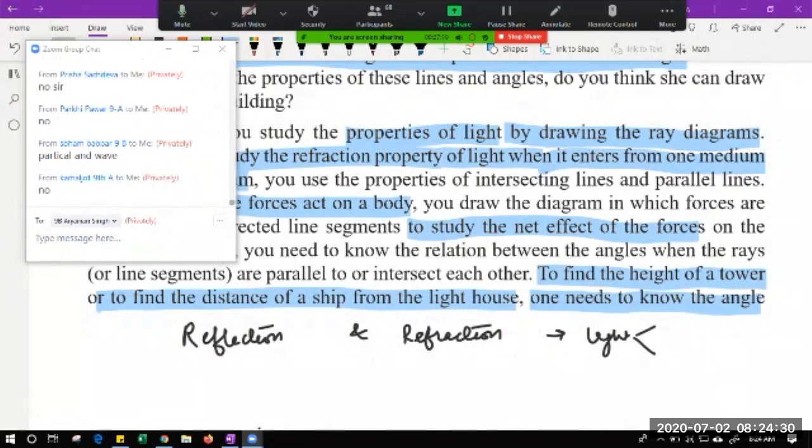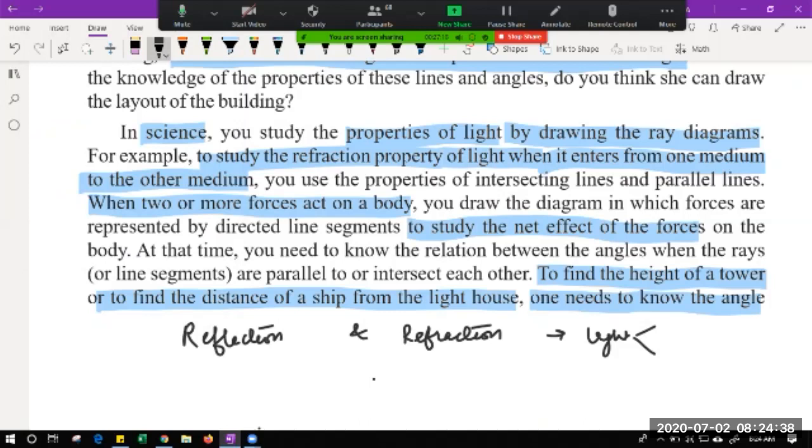Let's see. So if we take light as a ray, that is a nature. If you take it as a particle, that is a different nature. Now to study reflection, you must have seen that there is a wall like this. Suppose there is a bottom surface. Light you show like this is coming at some particular angle with the normal. Suppose you say it is 30 degree with the normal, and you know after reflection, if this is a mirror, after reflection it will go with the same angle like this. So you can see in reflection you have used lines and angles.